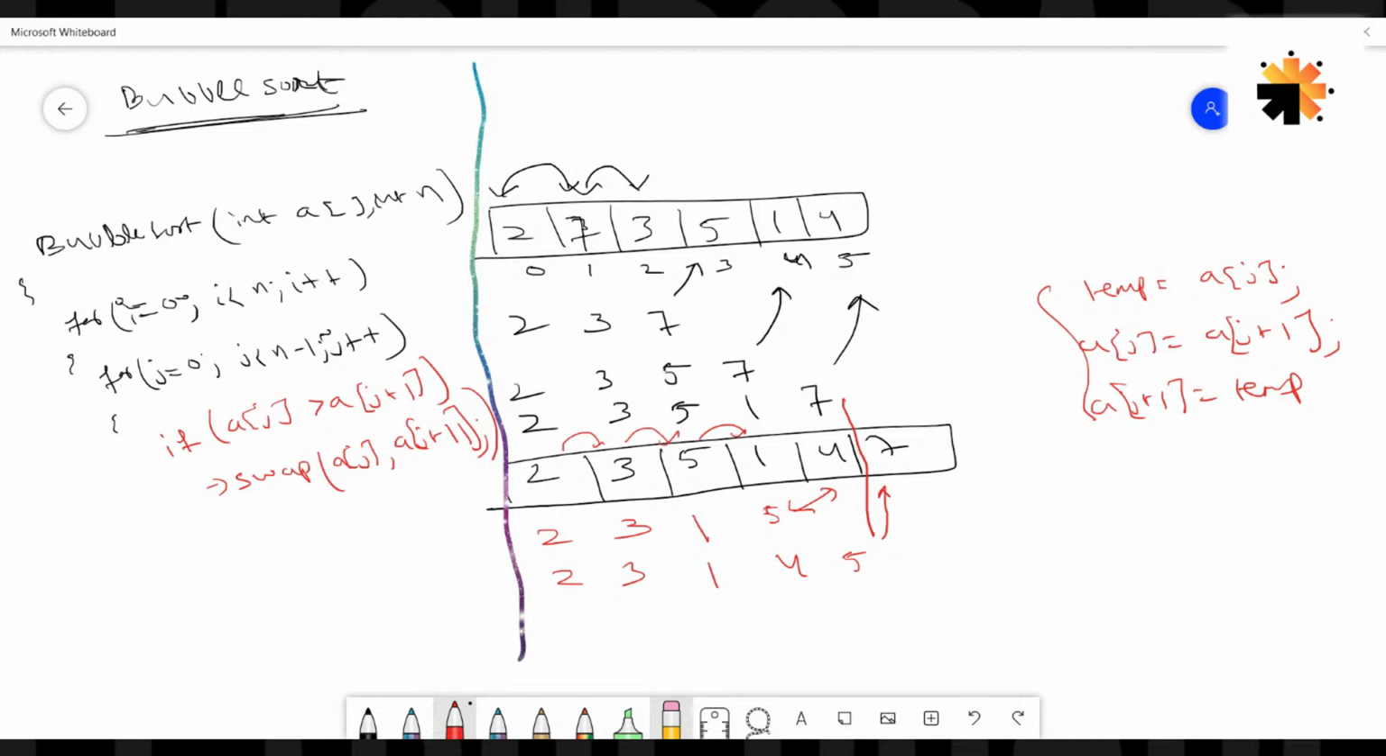So if a of j is greater than a of j plus 1,